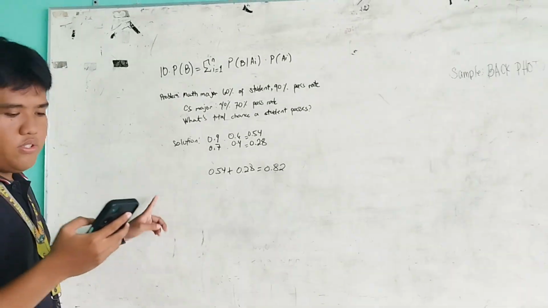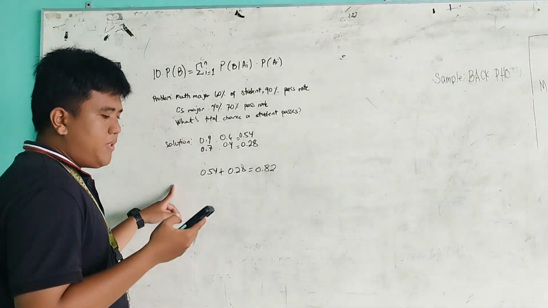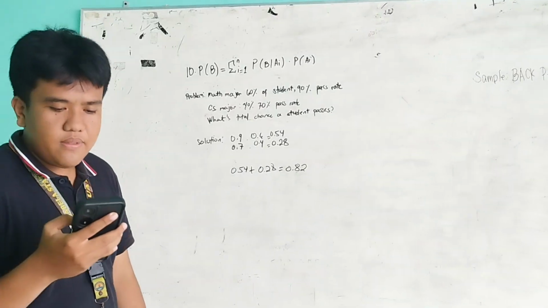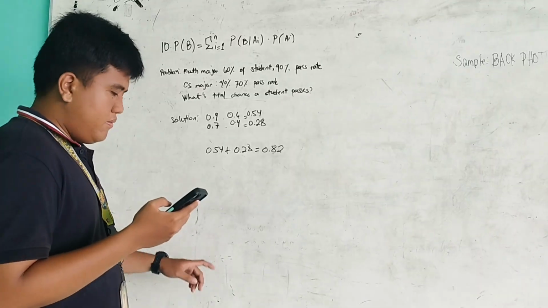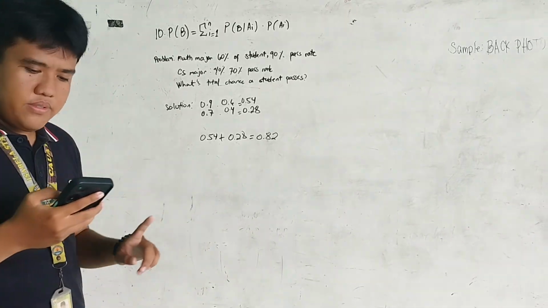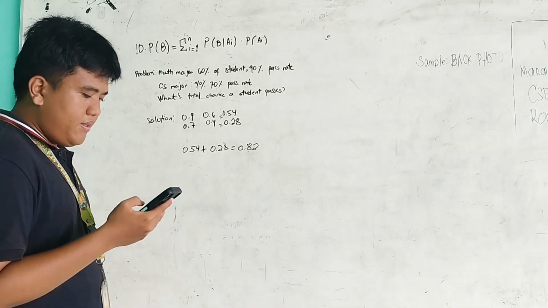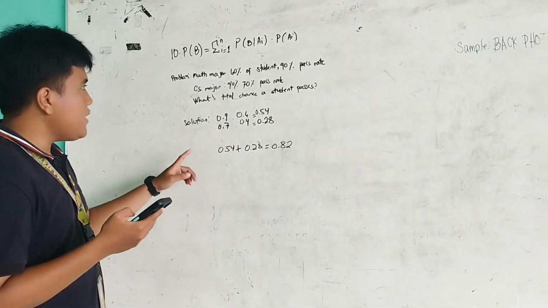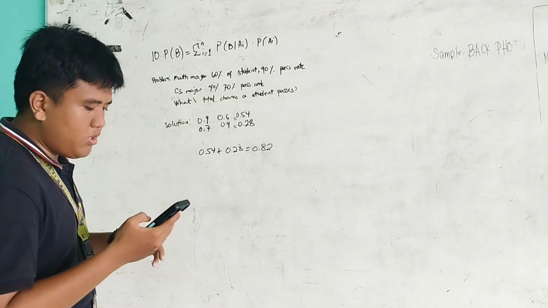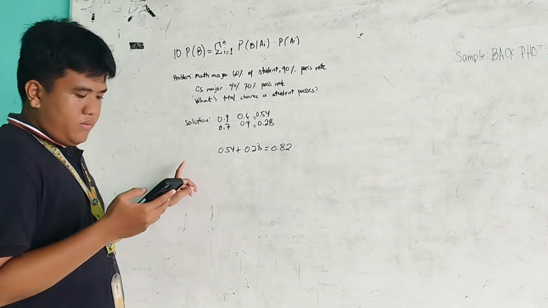This is the law of total probability. We break B into different cases based on which group A tells us to include. Math majors, 60% of students, 90% passed. CS majors, 14%, 78% passed. What's the total chance a student passes? Multiply